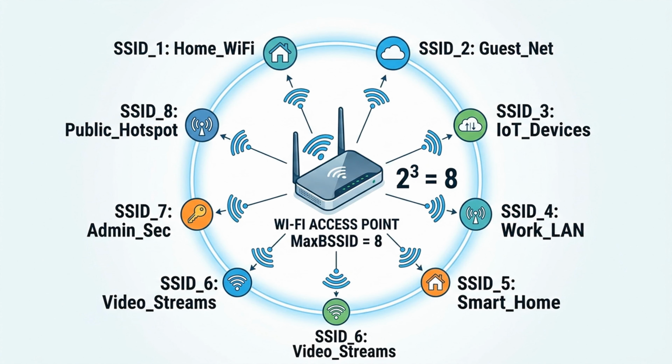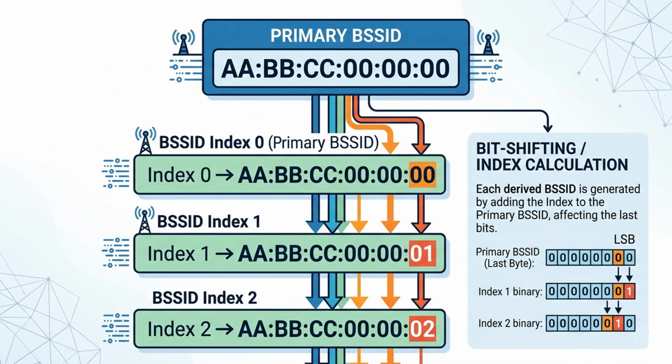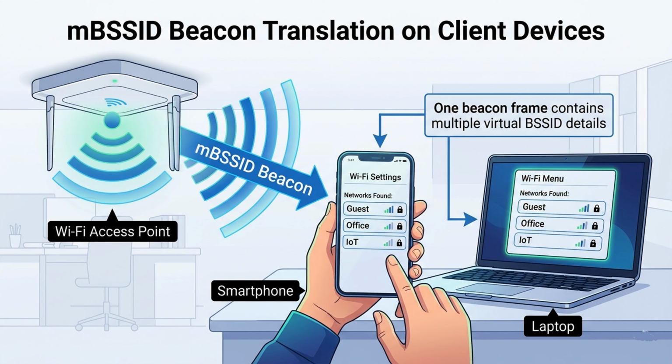MBSSID internal mechanics. Max BSSID indicator. This is a value in the hardware that tells devices how many BSSIDs this AP is capable of supporting, usually expressed as a power of 2, like 2 power 3 equals 8 BSSIDs. BSSID index. Each virtual network is assigned an index number. The hardware calculates the MAC address for each virtual SSID by shifting bits from the primary BSSID. Client handling. Modern smartphones and laptops are MBSSID aware. They read the single beacon, see the list of available virtual networks, and display them to you as separate options